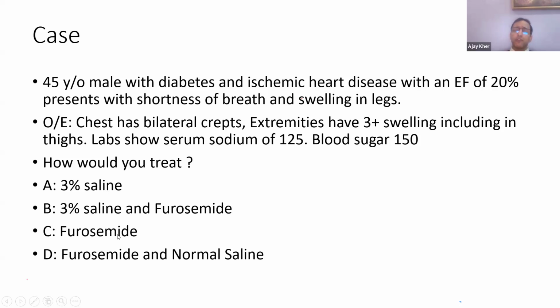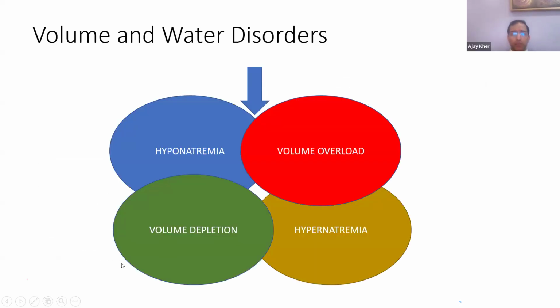3% saline, saline and furosemide, furosemide, or furosemide and normal saline. So again, this person has